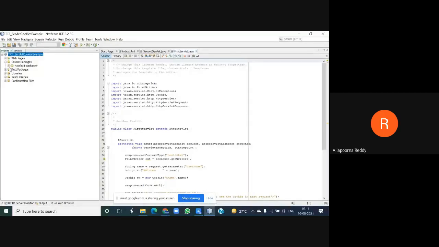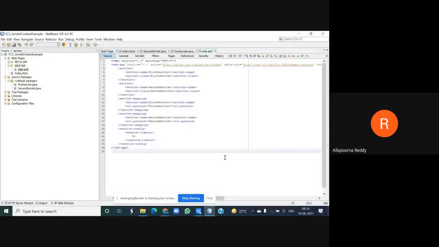Before going into my code, let me find my WEB-INF. In my WEB-INF, I have defined my deployment descriptor. Just look at what my deployment descriptor is saying: servlet name, the same thing we had, and the second servlet name. Here I need to use my alias name, XYZ or something we can make. By default it is created as the first servlet. You can use it as your alias name, there is no problem, and you can make the URL pattern mapping of your two servlets. This is my deployment descriptor.